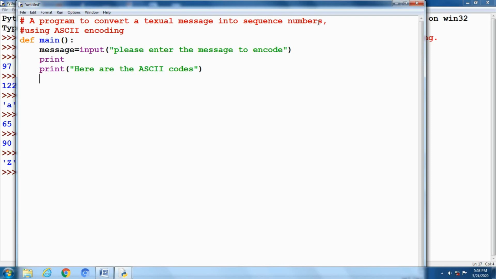Next one is a for loop: for ch in message. A string is a kind of sequence, so we loop through all characters of the message. Next one, print ord(ch).